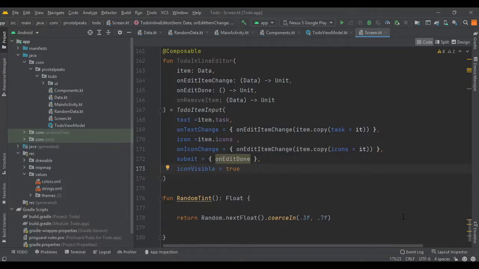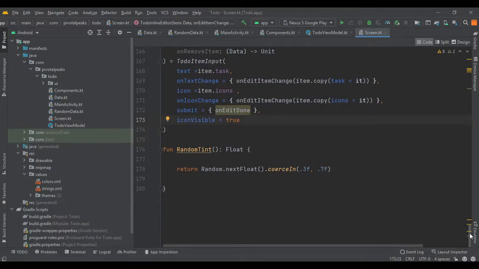So this copy task it and copy icons it are functions that are auto generated by Kotlin for values on the data class. So it just makes a copy of the data class, and it will change the specified parameters, in this case the item and its related icon that we choose.